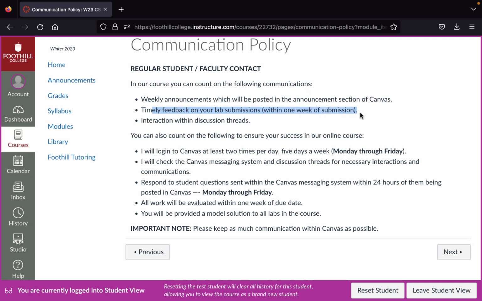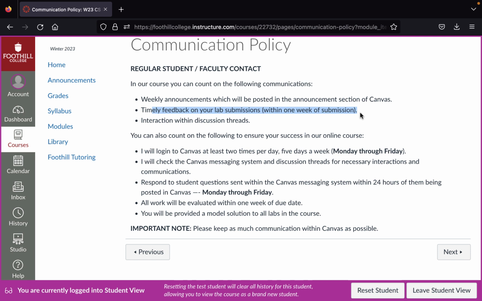You'll receive a model solution to that lab, and also obviously your feedback and grade in rubric form within 1 week of submission. I usually have everything graded by Tuesday morning. So I like to get the grading taken care of on Mondays and actually allocate a significant amount of time throughout the day on Mondays to try and finish up all of the grading.